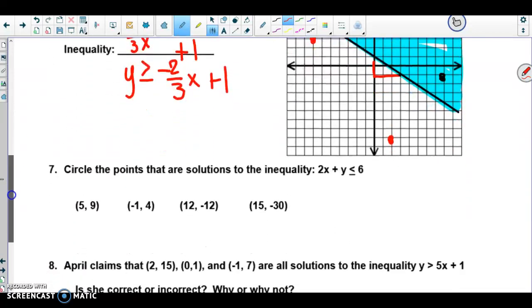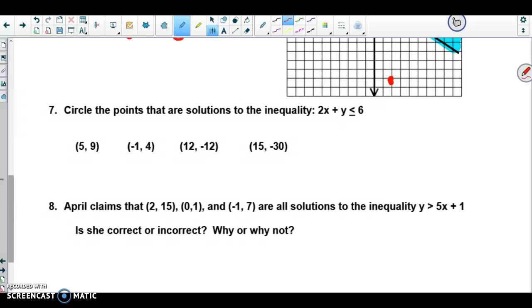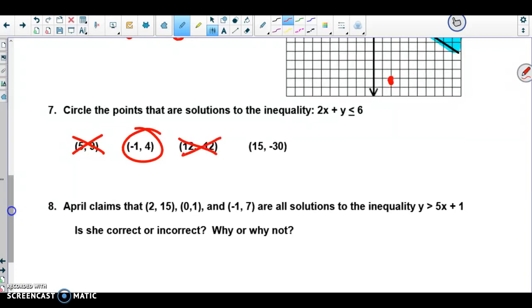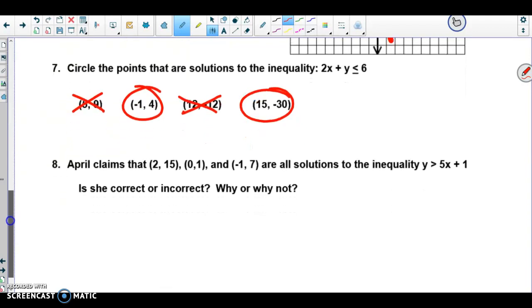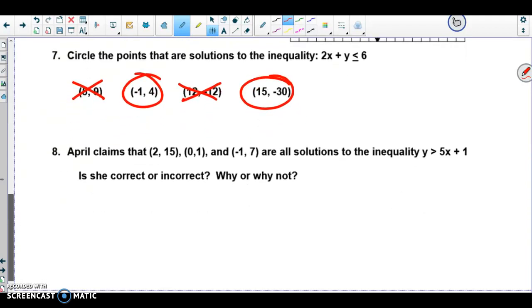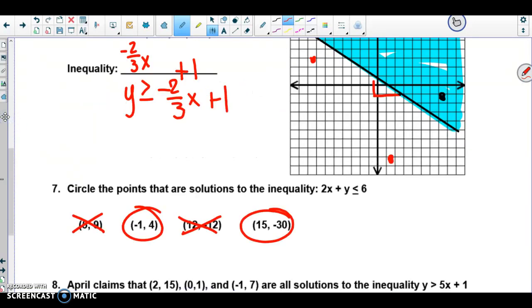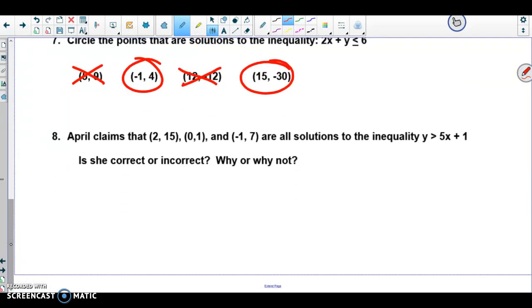All right, I'm about to run out of time, so I'm going to circle these real quick. If I plug these in, that's not true, but this one is. If I plug this one in, the 12, negative 12, it's not true. But if I plug in 15, negative 3, it is. All right, I got 30 more seconds here. So if I plug them in, the first one is true. So 2, 15 is a solution. If I plug in 0, 1, it equals. So because it would be